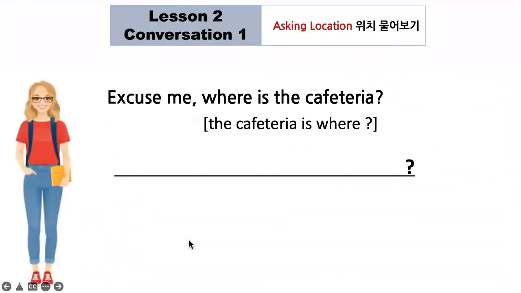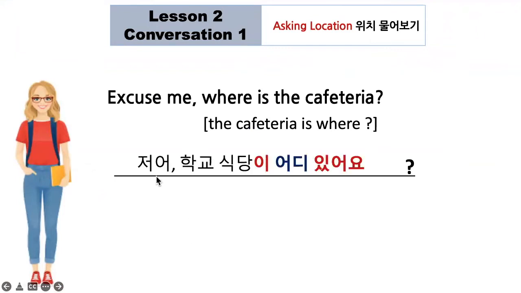The first line, excuse me, where's the cafeteria? In Korean, we say, 저 학교 식당이 어디 있어요? Excuse me means 저. Of course, we say 실례합니다, but that is a bit formal. So sometimes we say 저, showing your hesitation. And then, where is the cafeteria? We just put where into the original place right after this verb, and then put this into Korean. Okay, subject comes first, and then go back to the sentence and come like this way.